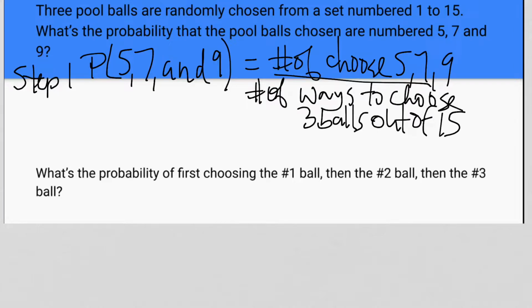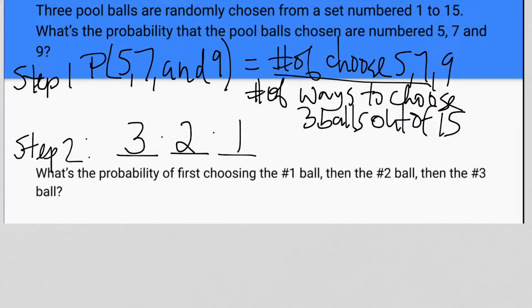All right, so let's figure out the number of ways to choose 5, 7, and 9. So 3 possible ways to get 5, 7, and 9 for the first spot. Once you've chosen one of those, how many are left? 2. And then once you've chosen the second one, how many left? Just 1. So there are 6 possible ways to choose 5, 7, and 9 for the numerator. Step 3,